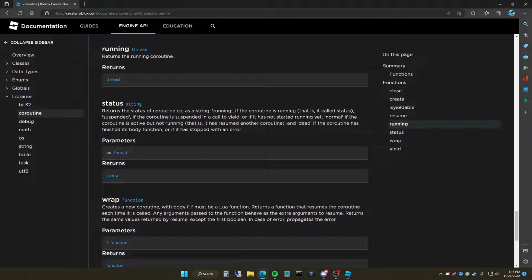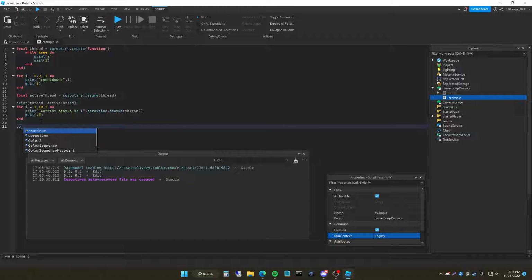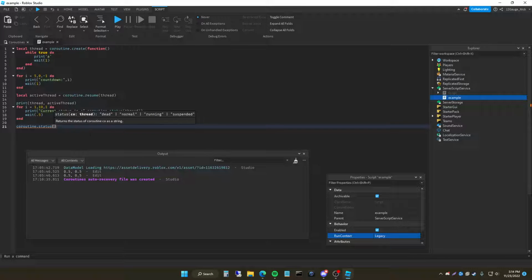It should return running, yielding, suspended, dead, and that is also in Studio: dead, normal, running, suspended. That's what it should return. However, the only thing I actually get as a return is suspended. You'll see in the code I've written here, it's actually still running, but even though it's printing out its current status of the thread, it says it's suspended, which theoretically should be